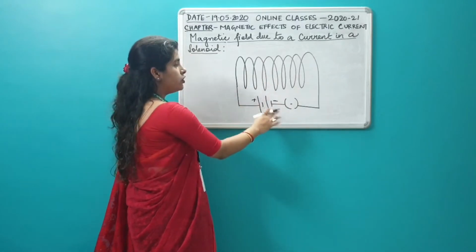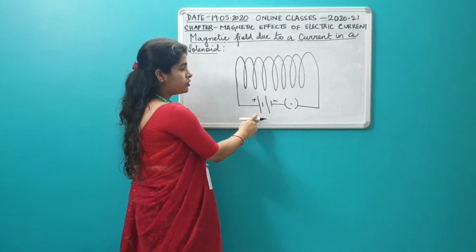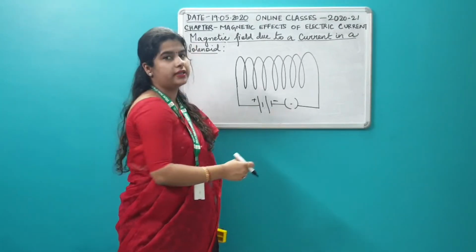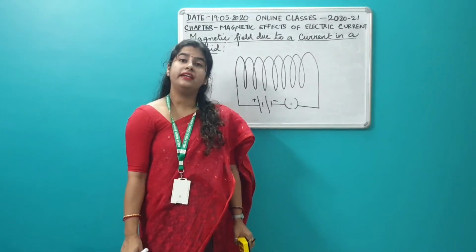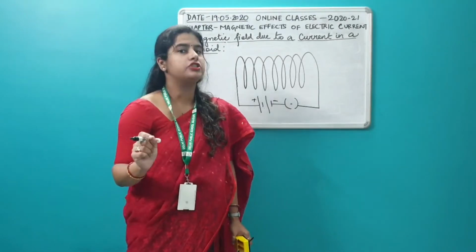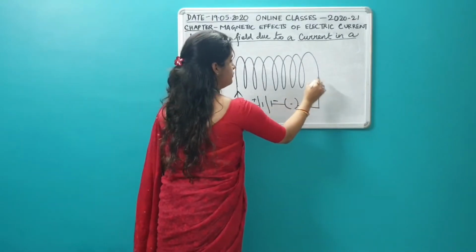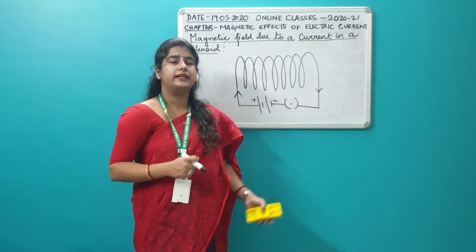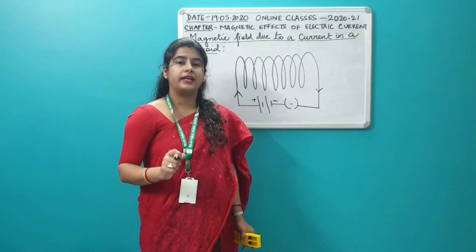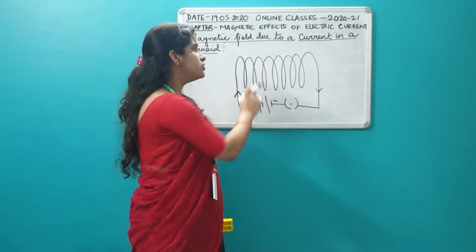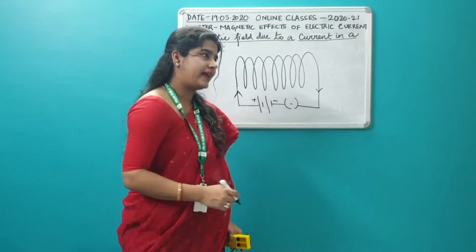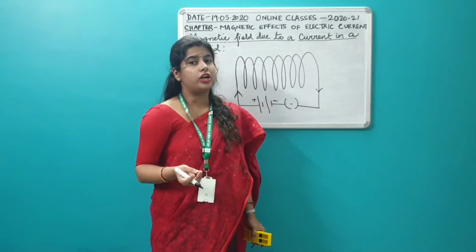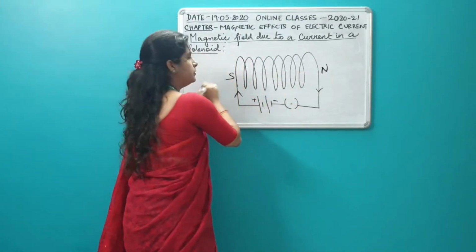Alright. So here I have drawn a solenoid. I have attached the solenoid with a battery consisting of a positive terminal and a negative terminal and a switch or a key. By convention, we know that current flows from the positive terminal to the negative terminal, so this is how the current is flowing. Since the solenoid is made of copper, it is a conductor, and we know when current flows through a conductor, it behaves like a magnet. So this solenoid will also behave like a magnet. Just like a bar magnet, it will have its magnetic north pole as well as the south pole.